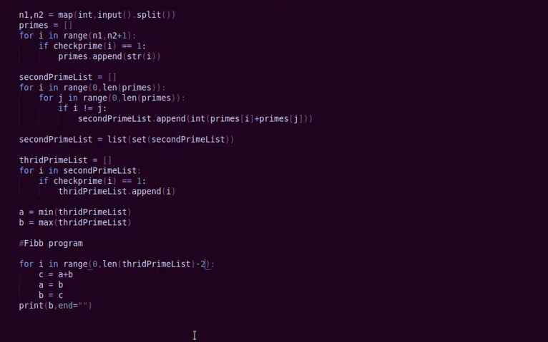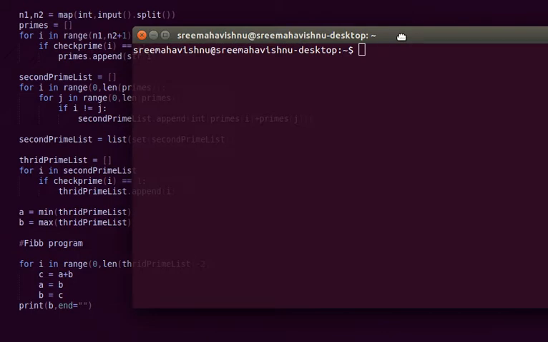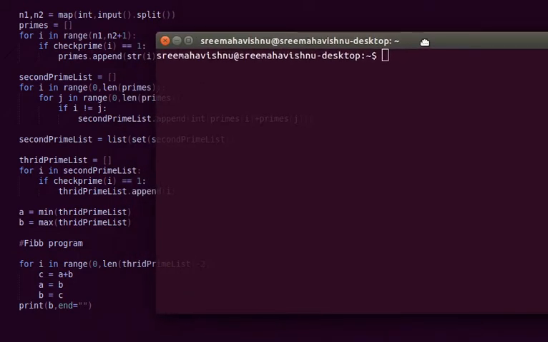So while coding we need to debug every time. If we are using an offline compiler or interpreter, or anything other than online editors, it's better to debug, that is, to print every list right after we generate them, so that it will be convenient for us to see whether we are going in the correct approach or not. So this program will run fine, right? Because I have already checked it.